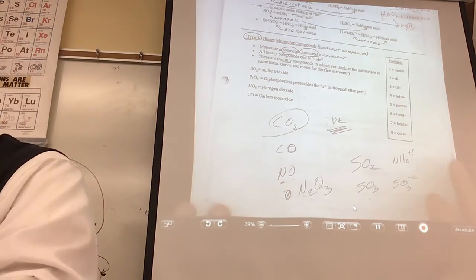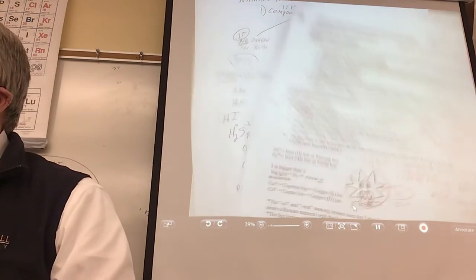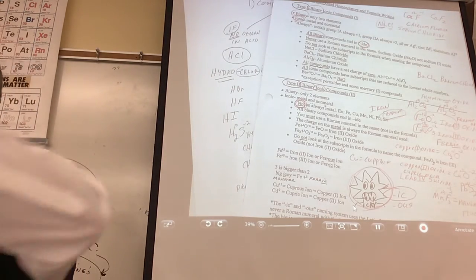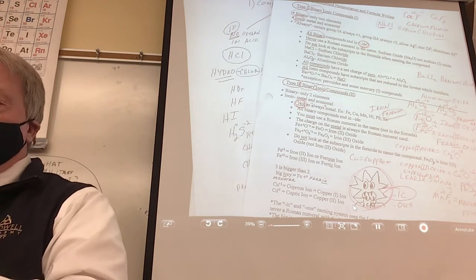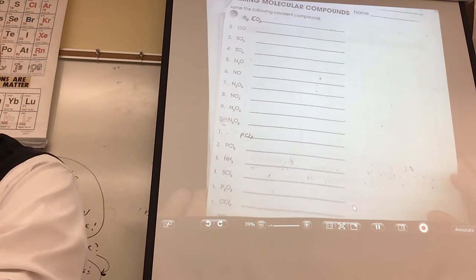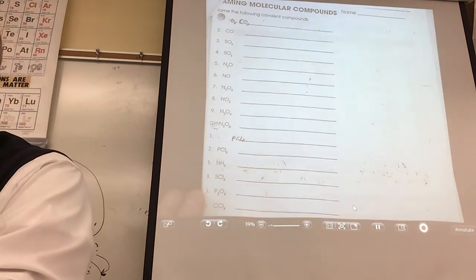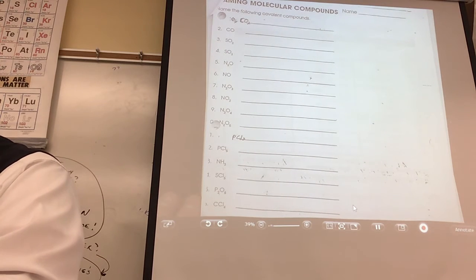All right. Now, I'm going to prove to you that the only thing I don't like about type 5 is that you think that's the way you name every compound. No, no, no. So I'm going to show you a whole page of these, and we're going to go right down the room. I don't know how fast you can write. We're going to get the entire page done before you leave today, okay? And I'm going to give you an index card, too.